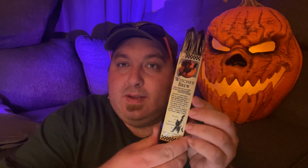And also, I just want to show this off here. I picked this up last year. This is one of the very original Witch's Brew tapers formats from the late 90s. Just absolutely glorious. Witch's Brew